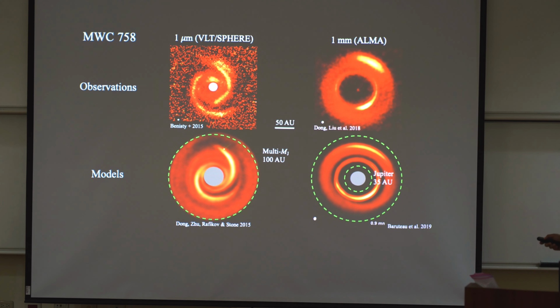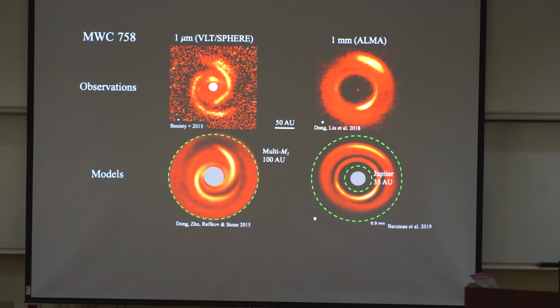And such a giant planet can drive a pair of grand design arms inside its orbit, similar to the observed arms. And the same planet can open a gap. This is a synthetic millimeter observation, and it forms a dust ring at the gap edge. And then the dust ring can become unstable. The technical term is Rossby wave instability. The instability can produce a vortex in a disk. A vortex is like a tornado, and it sucks millimeter-sized particles to its center. And because in millimeter continuum observations we're tracing the distribution of millimeter-sized particles, a vortex will look like a millimeter